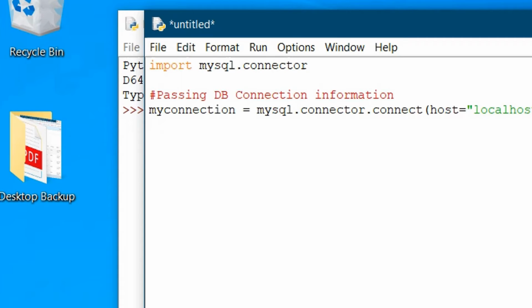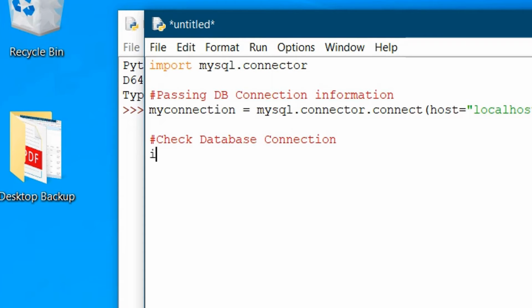Now let's check the database connection. Hash, check database connection. This is the comment section, and now I am going to give the Python code over here by giving an if then else statement.